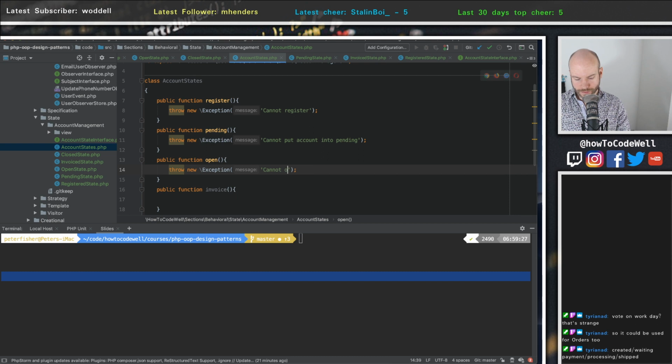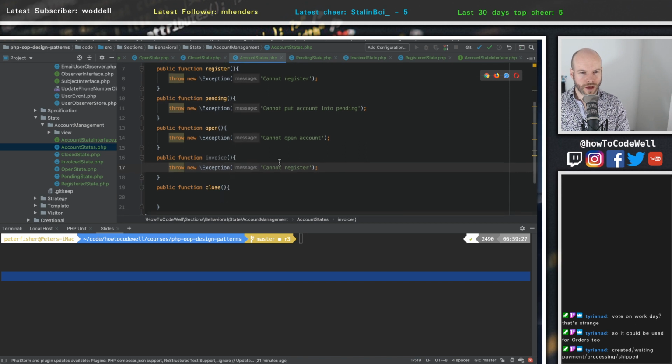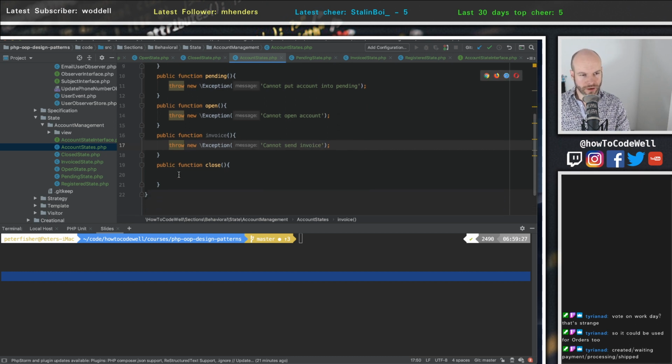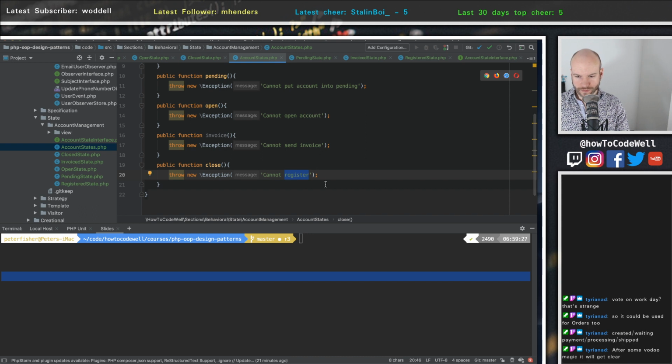Cannot open account. This is cannot send invoice. Now this is very defensive programming, in my opinion. Cannot close. Okay, now the reason why I've done this